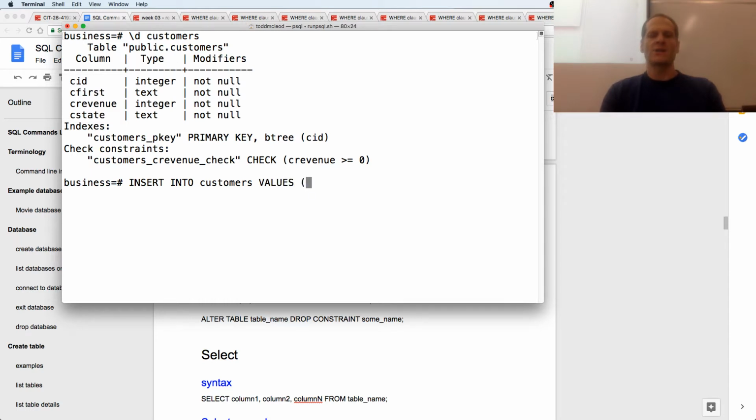The values are going to be C ID, and then first, and then revenue. We need some less than 1,000 and some greater than 1,000, and then state. And what am I doing wrong? The quotes need to be a single quote, right? When you do different programming languages, that happens. And then 2, Jenny, and 1,100, and Washington, and 3,